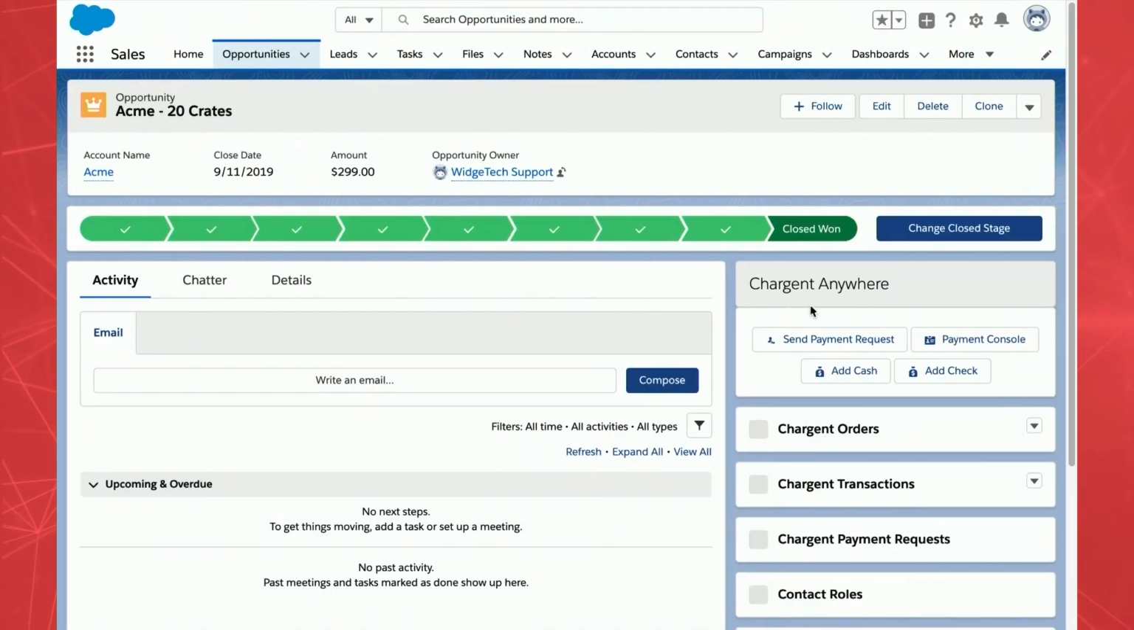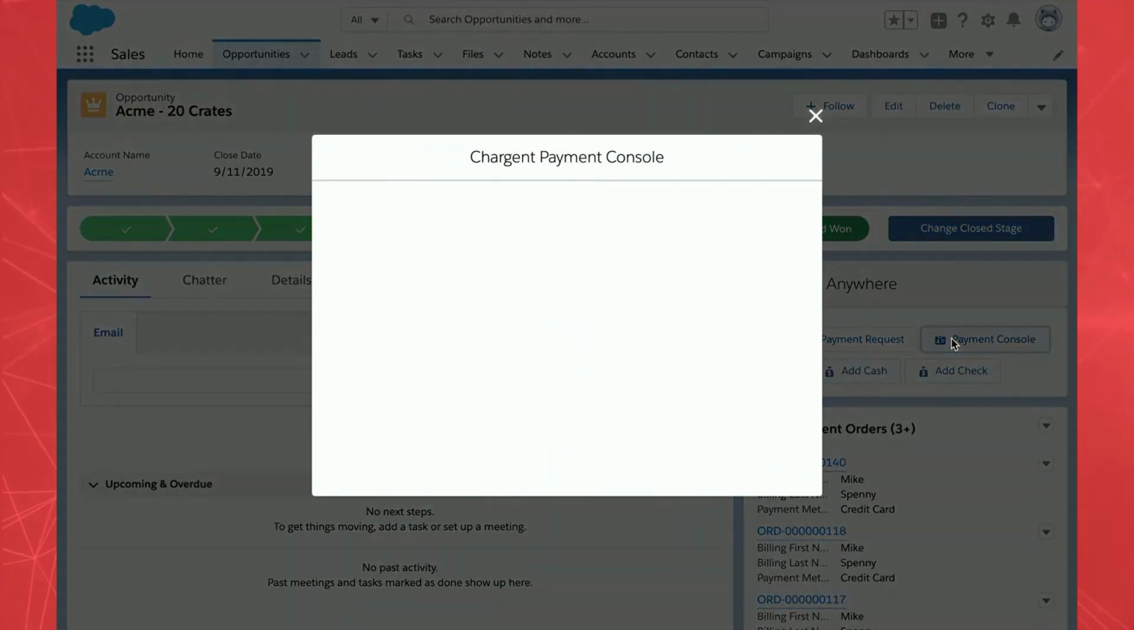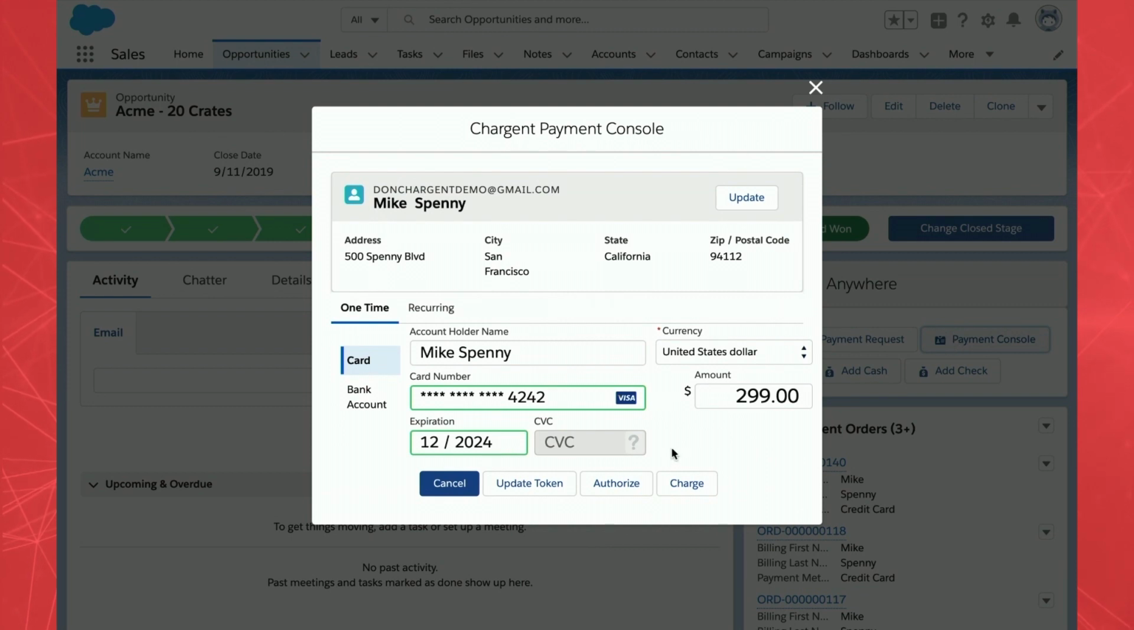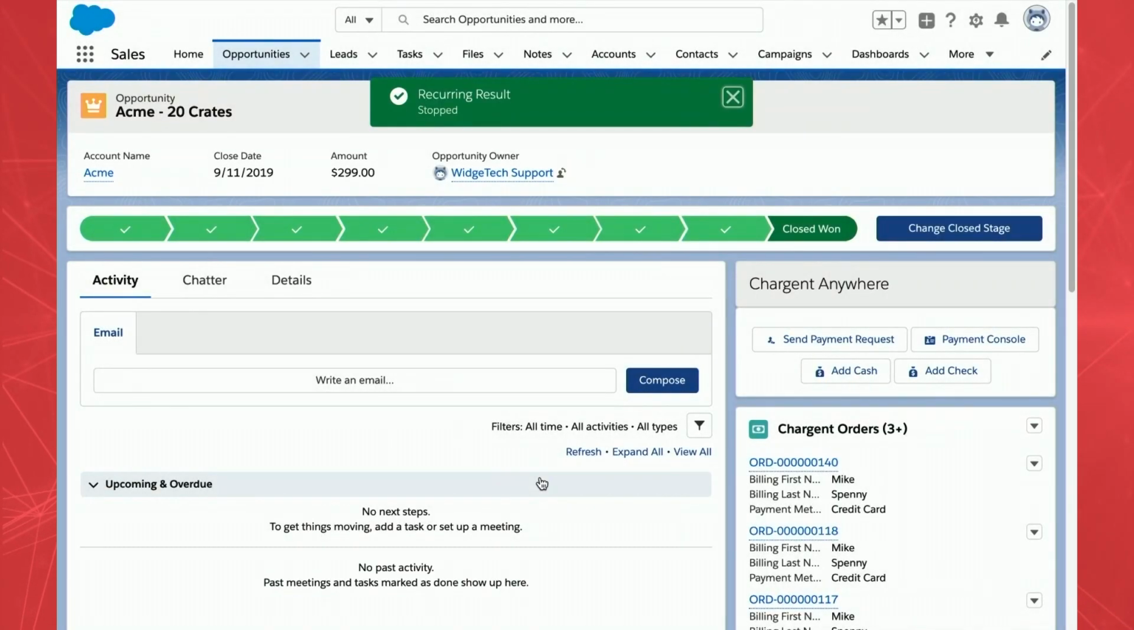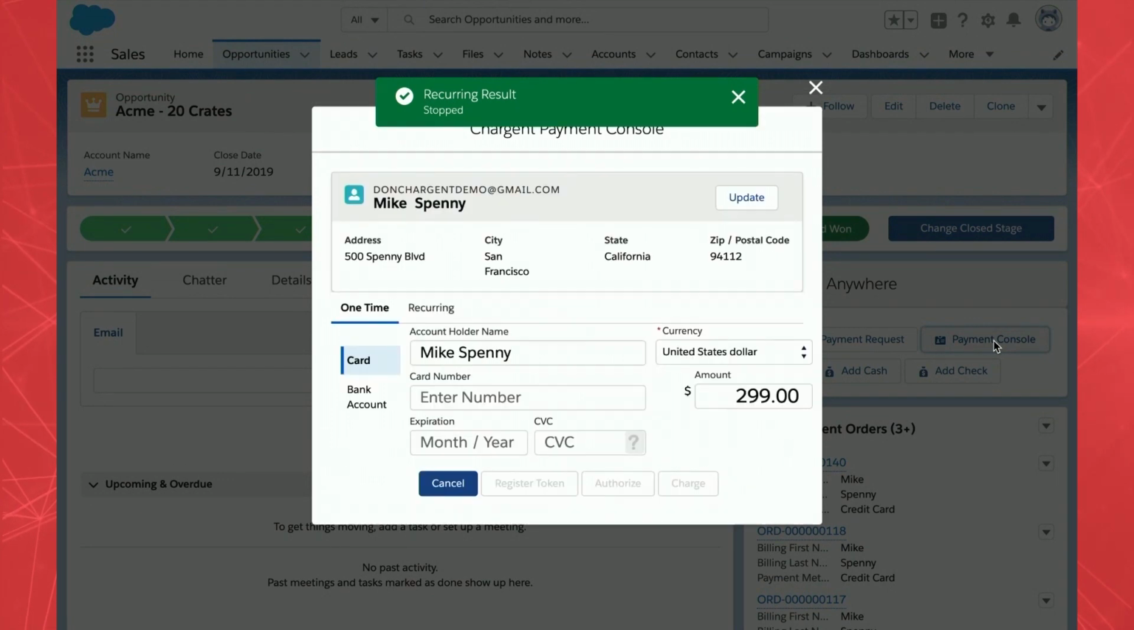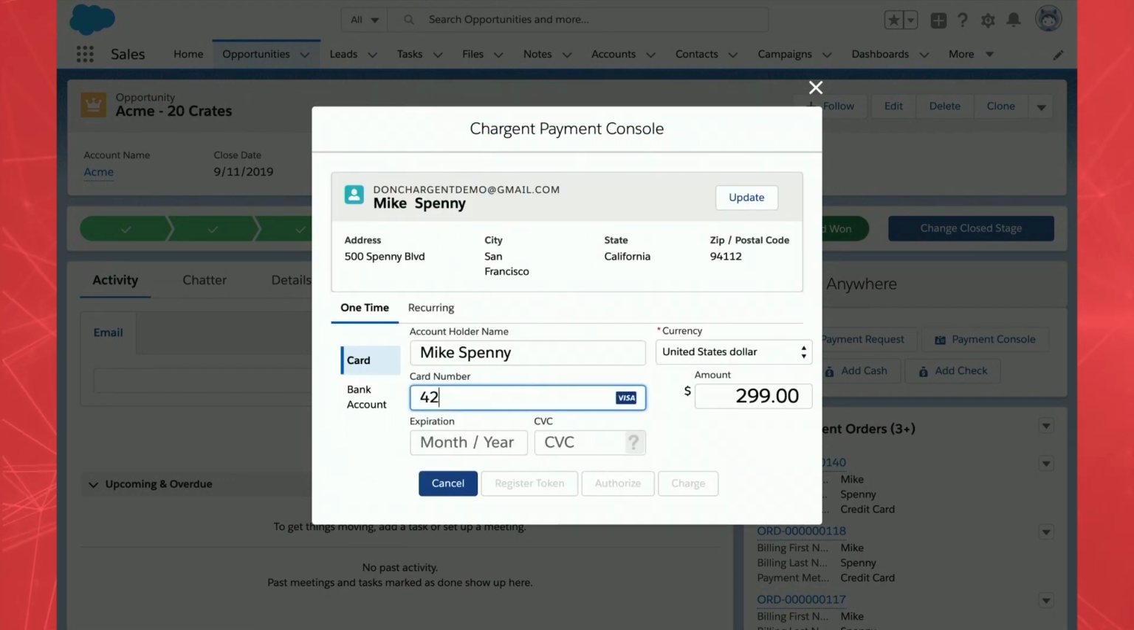So let's pop into a different opportunity. I'm going to hit the payment console real quick, and I see that we do have a recurring payment set up, so I'm just going to stop that for the sake of this demo. So I am in customer service. I'm charging Mike Spenny. Well, I'm authorizing an amount for Mike Spenny because he just bought something that's going to cost $100, but we haven't shipped it yet. So